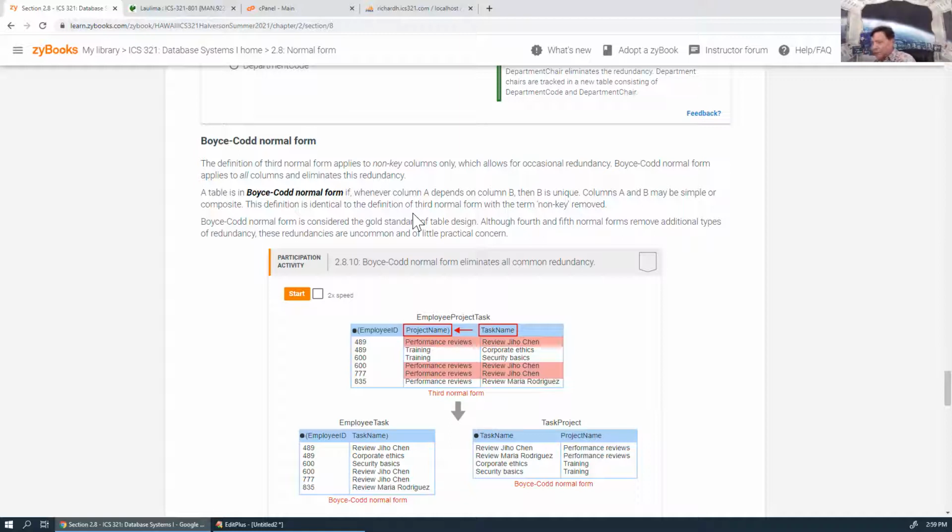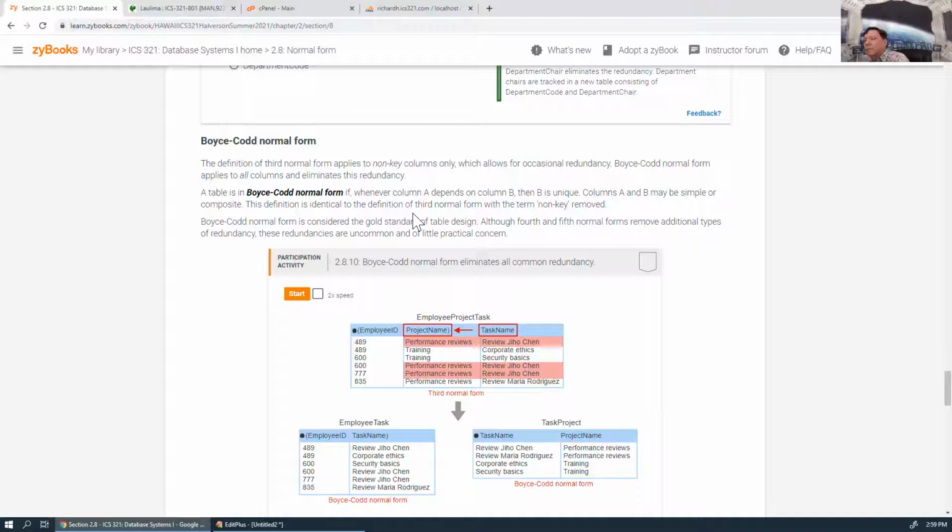If a table is in first normal form and does not have a composite primary key, then the table is also in second normal form. The same goes for third normal form and Boyce-Codd. If the table is in third normal form and it only has a